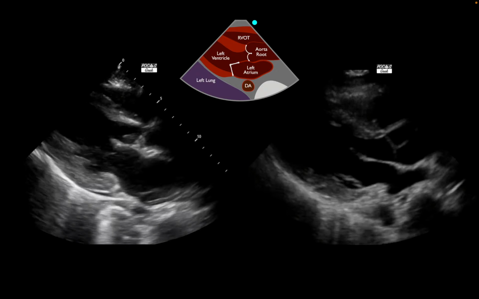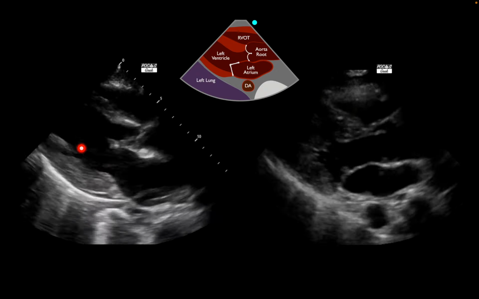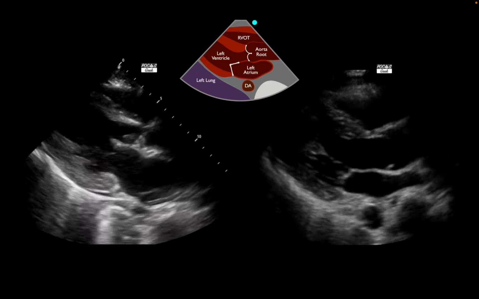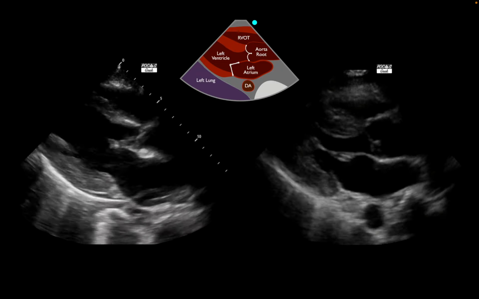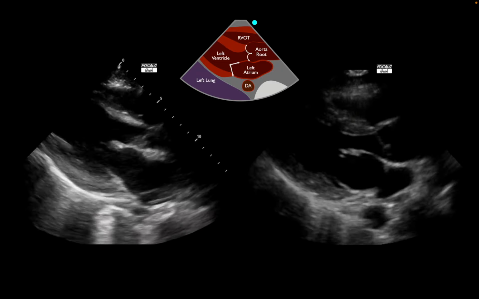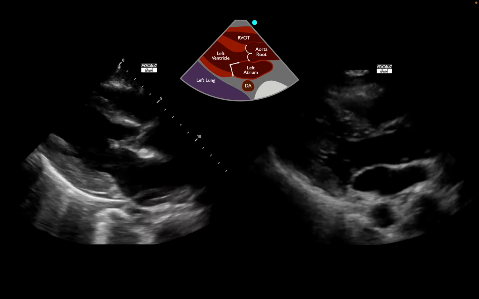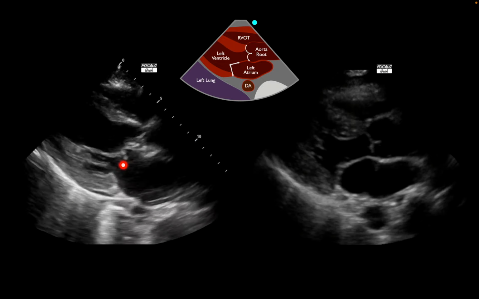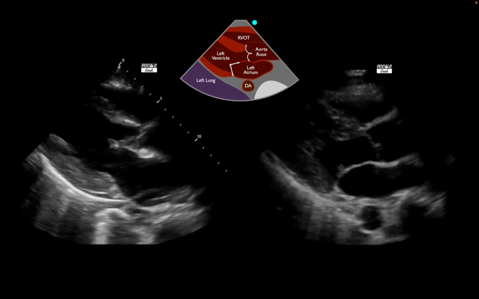So when we look at the EF, we can see the EF is not normal as these walls are closing to each other. It's reduced. And what this is doing is it's dilating the LV. That's going to lead to increased pressures in the LA. So there's probably some mitral valve insufficiency, and that's going to back up everything